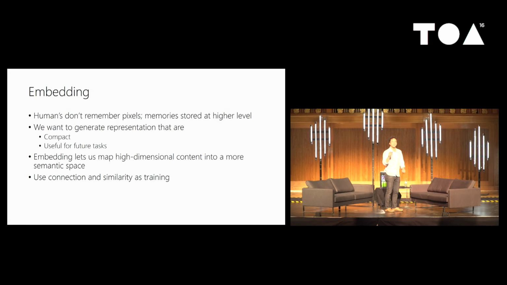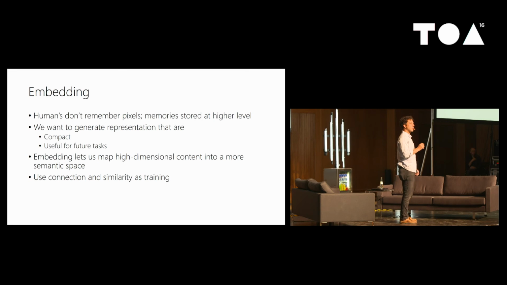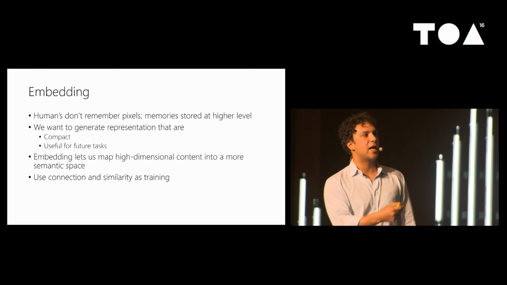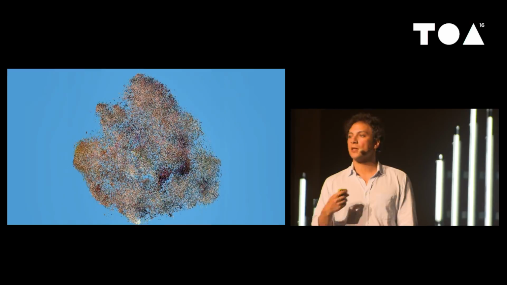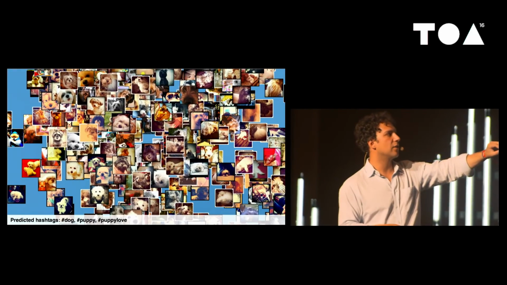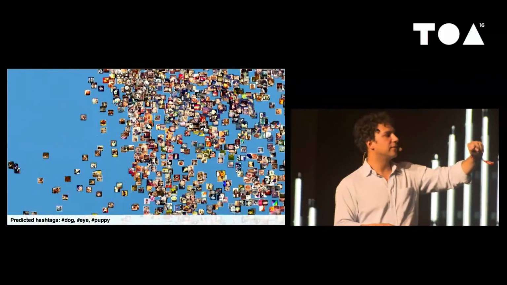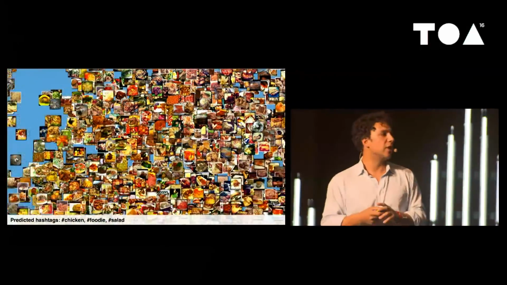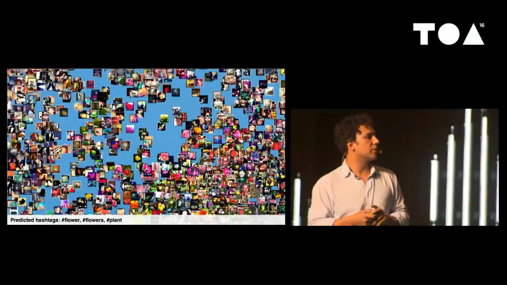Here is an embedding model built on Instagram photos. It uses its knowledge of which Instagram photos are more similar to train a visual network to understand what's in photos, and then uses that to group similar photos together in ways that we couldn't do in the past. So here in the embedding model, this is the kitten region. Down here you can see it's grouping all the dogs and the puppies together. And over here it's all the things that are food together, even if they don't quite look the same. It understands the difference between different types of food. This is the flower region, et cetera.